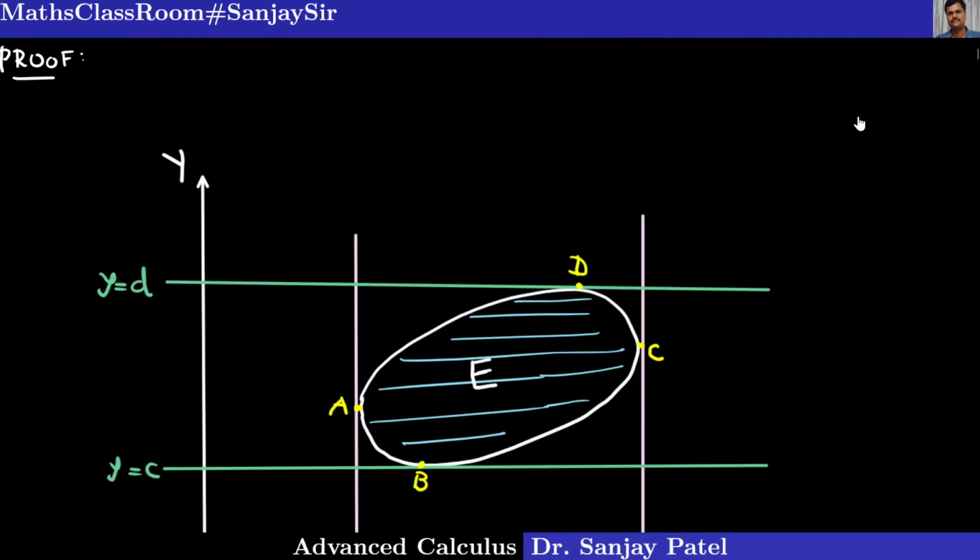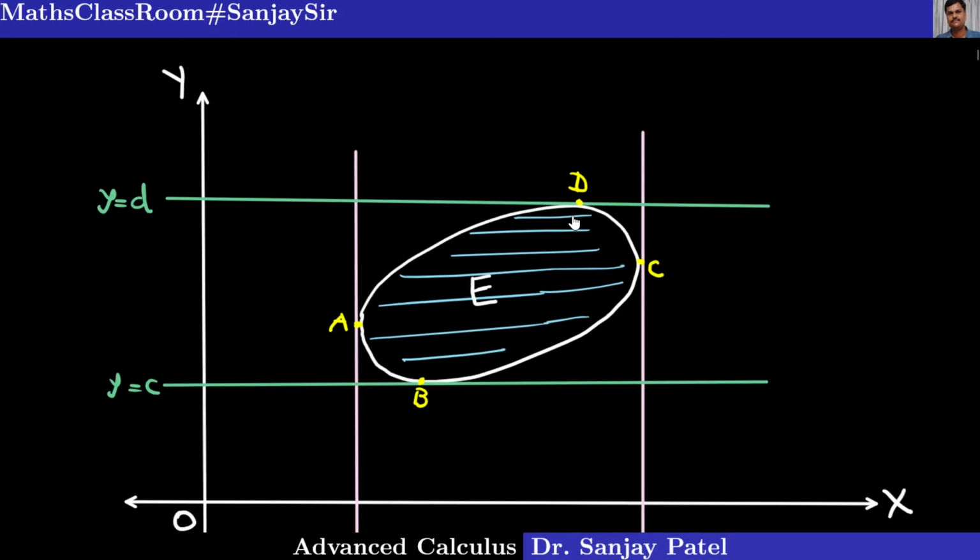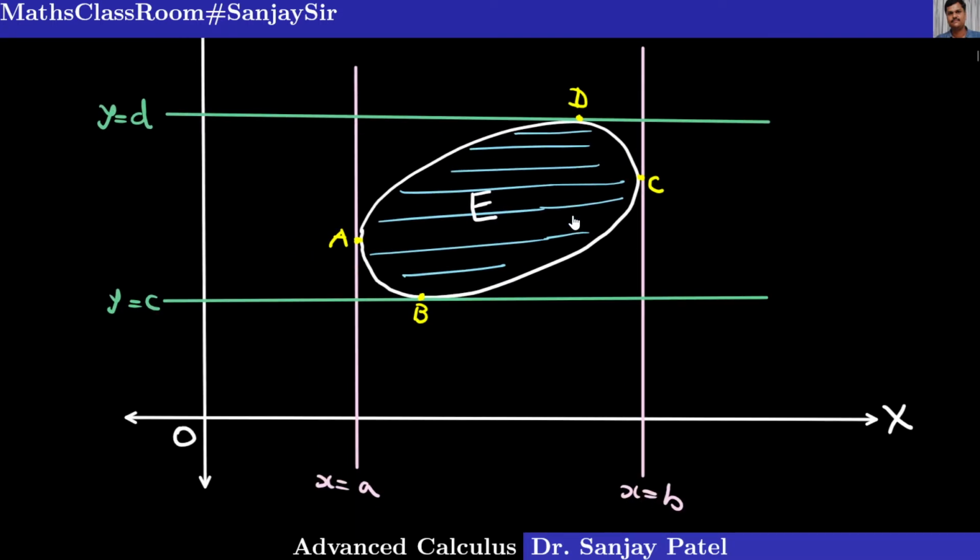Here, our function is defined on this closed and bounded region. Yes, it is defined on this closed and bounded region E, which is bounded by four things: the lines x equal to a and x equal to b, that is the vertical lines shown by pink color, and it is just touching this region at the point A and at the point C, and we are given the two curves. One is the curve ABC, that's why I have taken this point, the curve ABC,